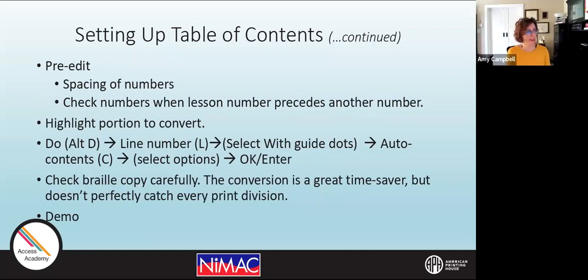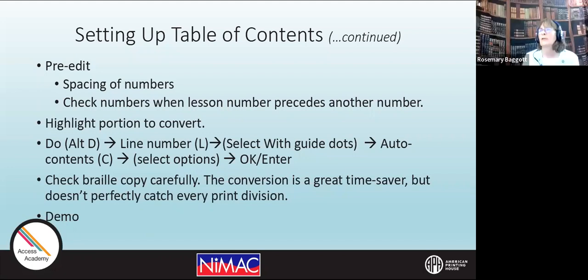Perhaps, okay. Does NIMA's file have the same issue of showing 2 different numbers close to each other, or is it separated by leading dots? Well, the 2 numbers close to each other, that part I can answer. Basically, what you saw is an example of what can happen. I think it largely depends on the print. I've done projects where the print number is spaced and where numbers are spaced accurately. In this particular one, I don't know why. That's just the way it was read, and it's because of the print page setup, which varies from print book to print book.